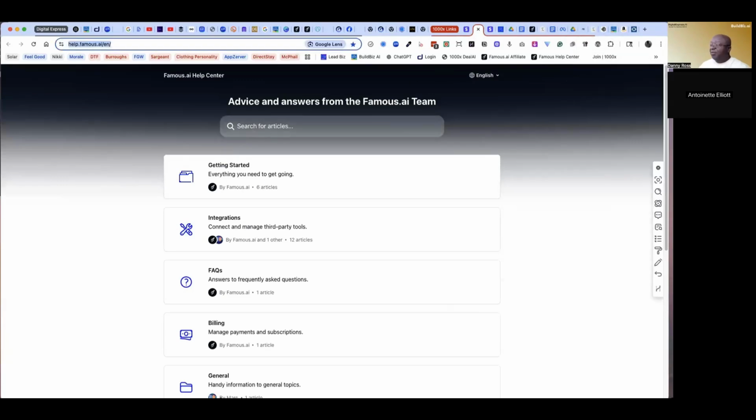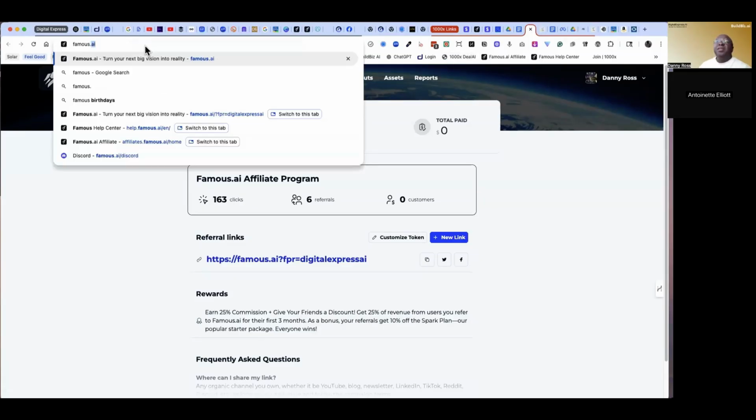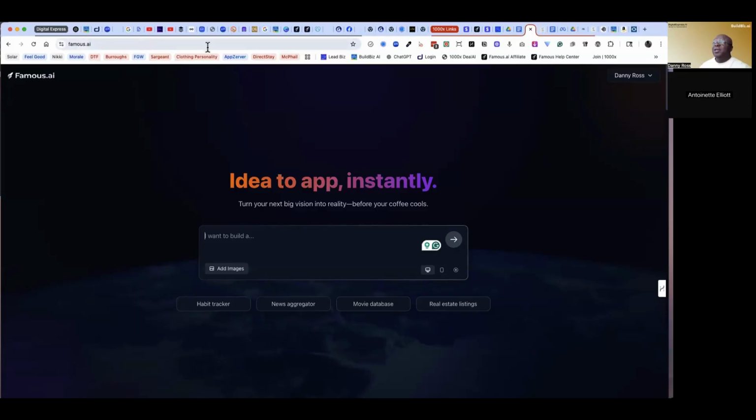By the way, if you have questions about using the Famous platform, this is a great resource. It includes documents and links to videos and all kinds of fun things. You can join Discord, which will help you answer questions as a group. You can set up an affiliate link, and this is all stuff that's coming along the pipeline. New is they have the ability now for you to white label. So if you are playing around with white labels, you can actually white label Famous.